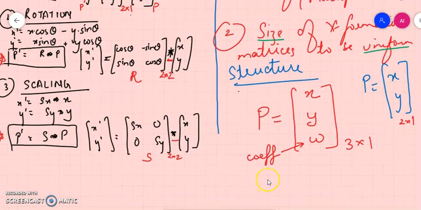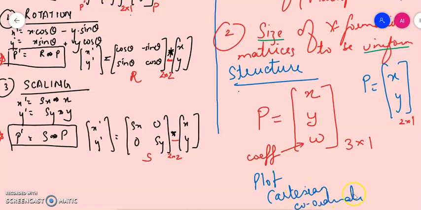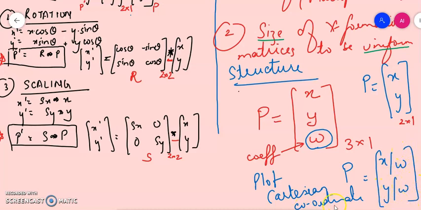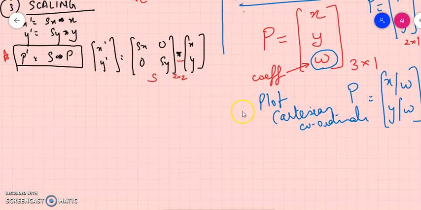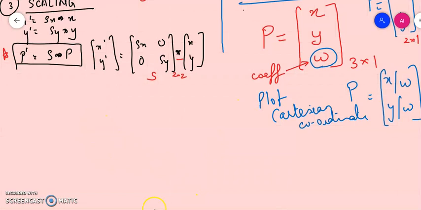So whenever I have a coefficient w, ideally this is my homogeneous coordinate. But when I want to plot this coordinate on my screen, I get in for Cartesian coordinate. Okay, and how am I going to get the Cartesian coordinate P out of my homogeneous coordinate is, please have a look, this W is a coefficient here. So X by W and Y by W will give me the final Cartesian coordinate. Right, so this is how I write my homogeneous coordinate. Now let's see a quick example. If I am giving my P as x, y with a value 2.